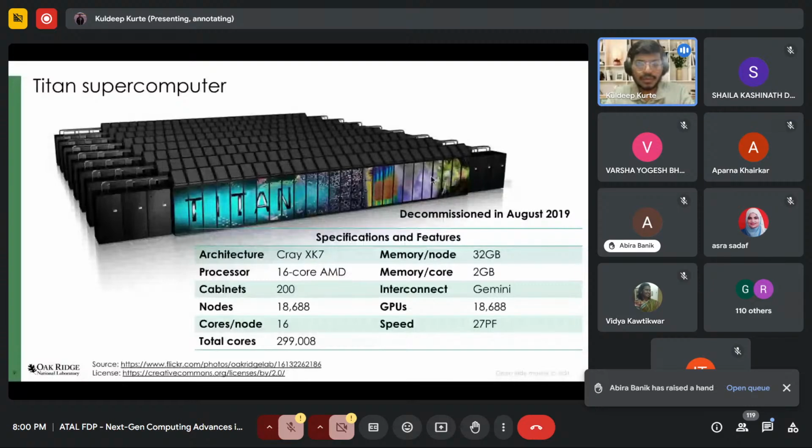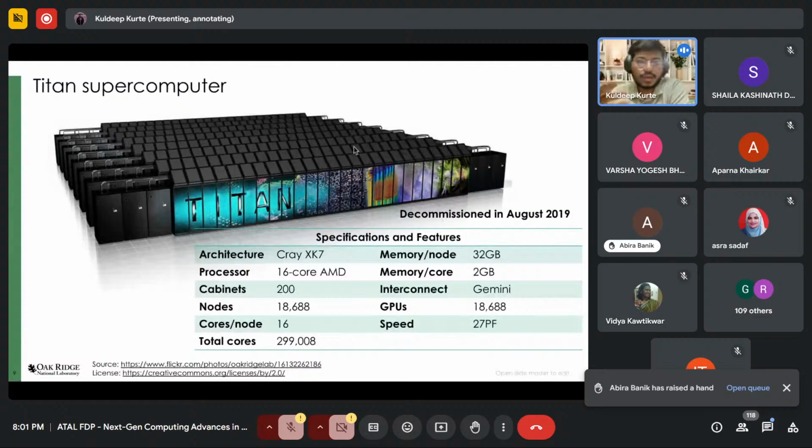That is how the supercomputer looks. Again, the total number of CPU cores is in the order of 300,000. That is the huge amount of power it has. But it is a shared resource system. So if you have some application running and you want to process that,